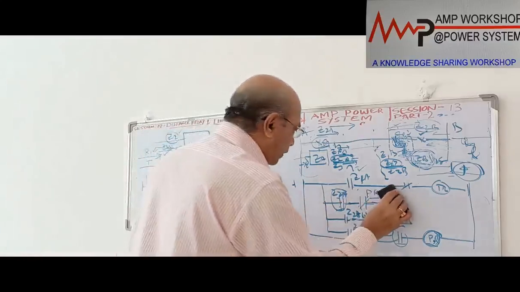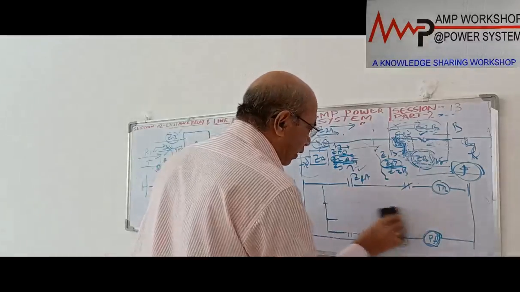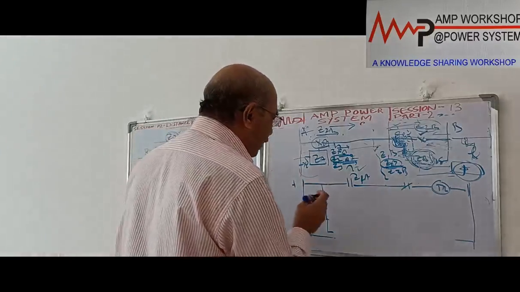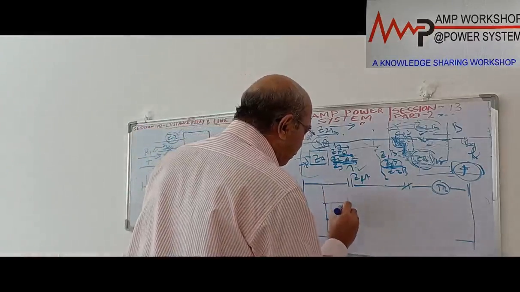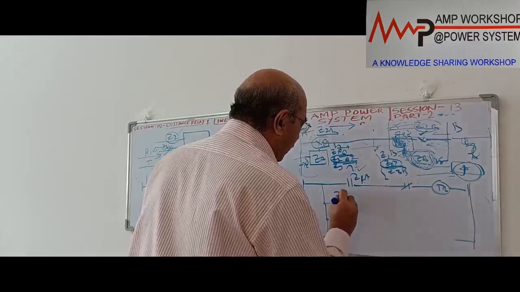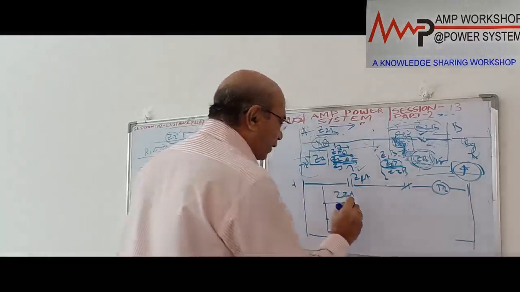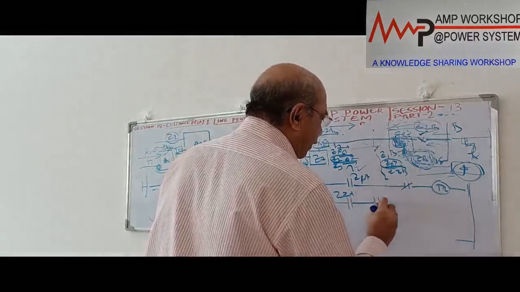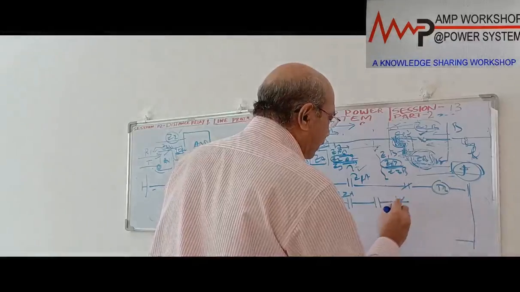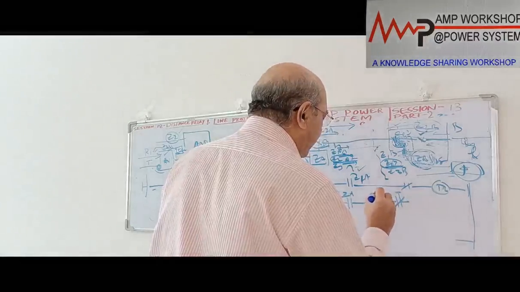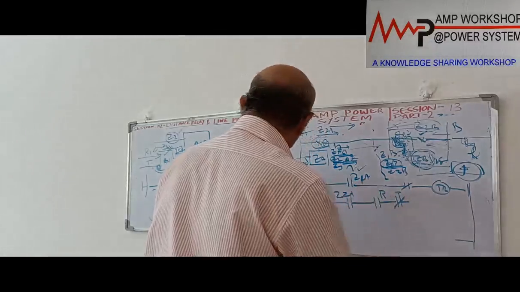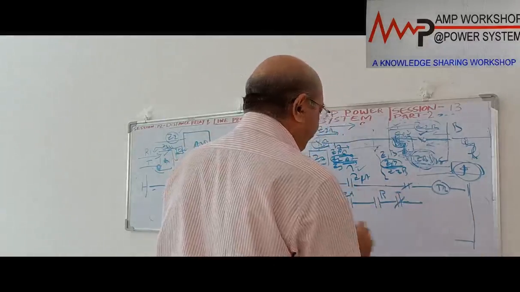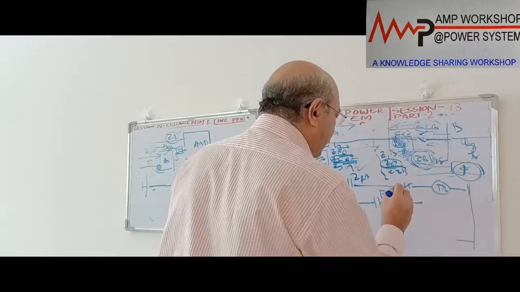So this portion we can redraw here. In this case, Z1 instantaneous expedited tripping will take place. Z2A has operated, and R1 has operated, but the timer T1 NC contact, which is the timer's normally closed contact. R is the relay which I showed. The R relay has picked up and the timer has not picked up, and then it will give a trip command. This is one case.